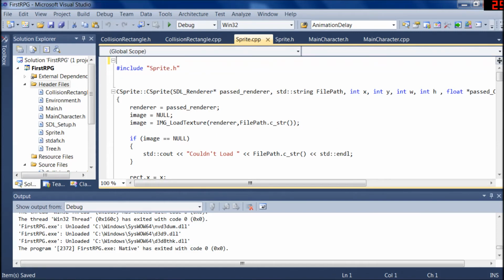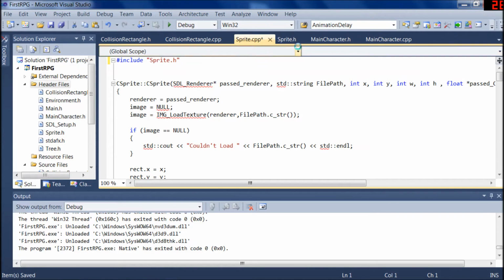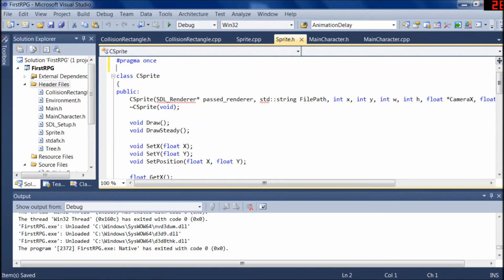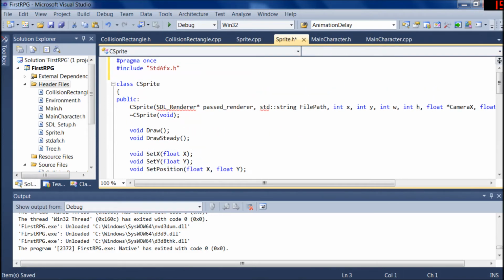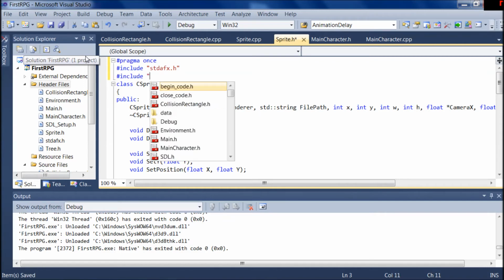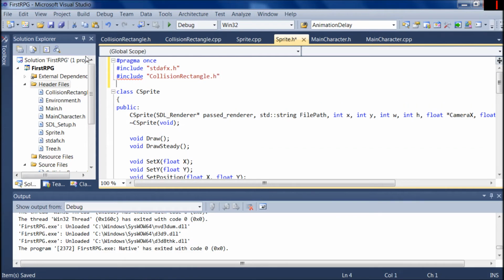And actually copy this. I mean, cut it and paste it here as well. Why does it by default when you create a class? And include collision rectangle